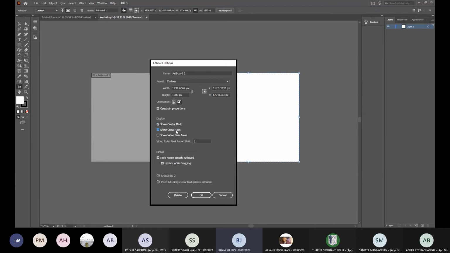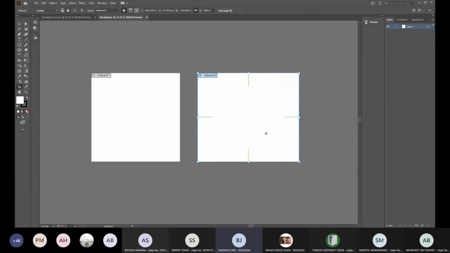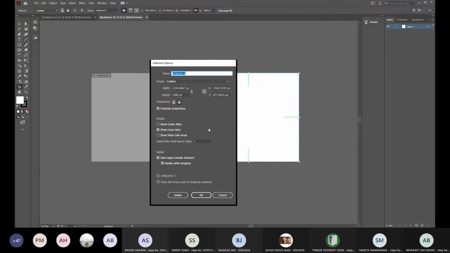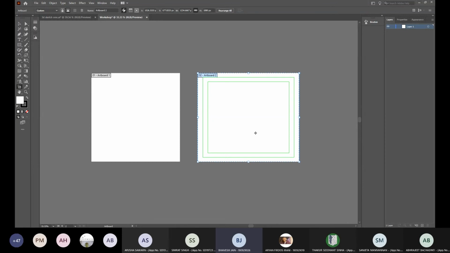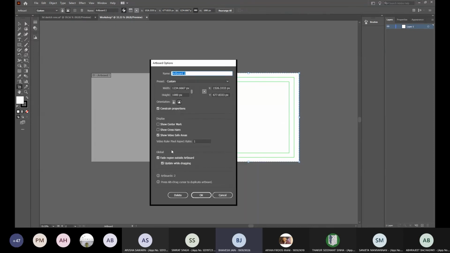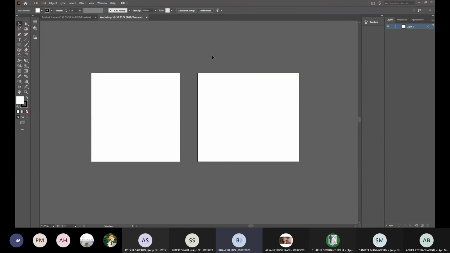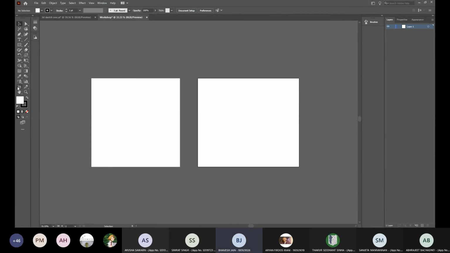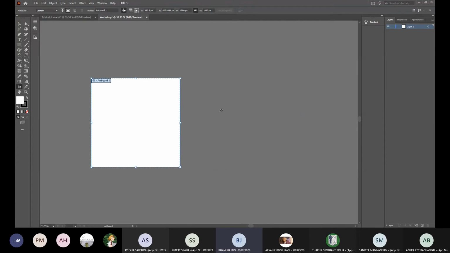These are basically markings. So if I allow show center mark, there will be a mark at the center of the artboard. If I show crosshairs, you will have crosshairs from the center of either sides. And video safe areas, if you go to that, so there are many times when images get cropped when you put them in videos. So the inner box is the safest area and the outside areas are the buffer area. So you can vary your display options. These lines that you're seeing, they won't get exported. And if you want to delete an artboard, again go here and you can delete it.